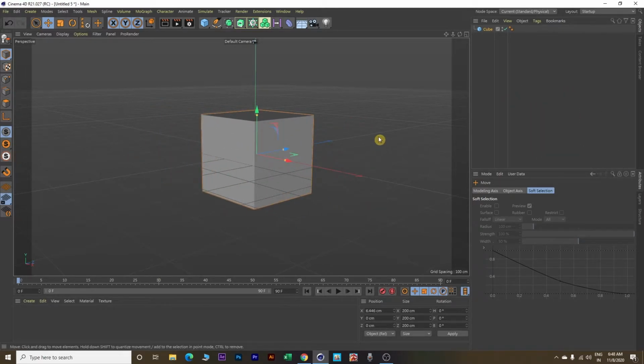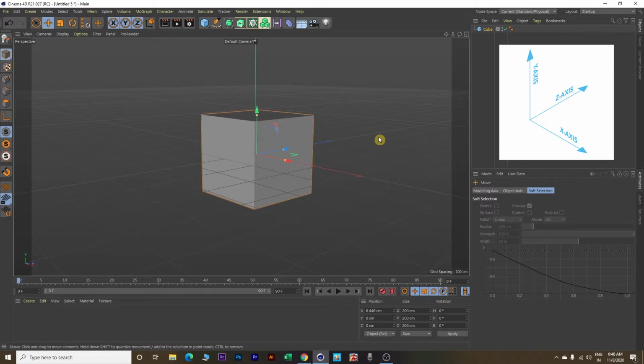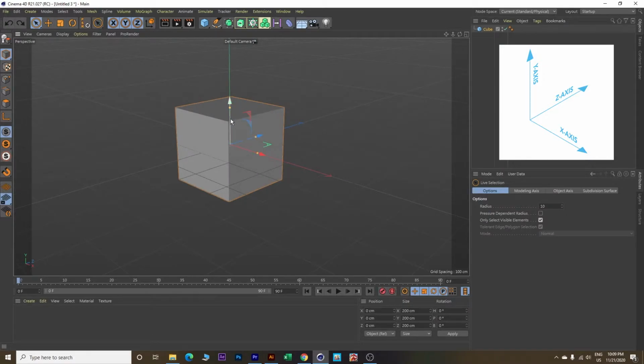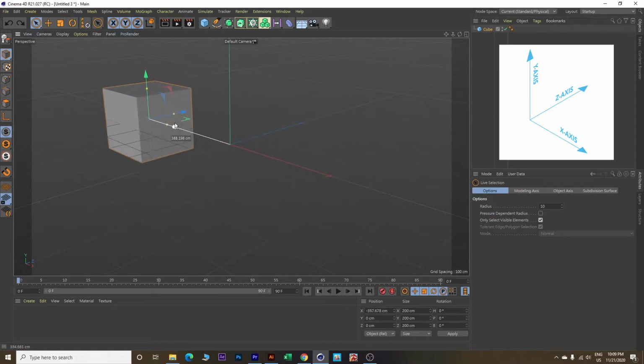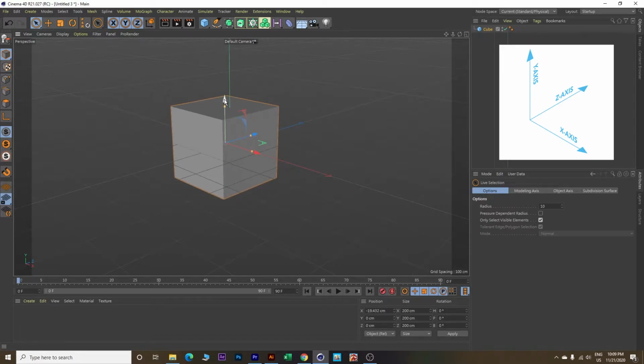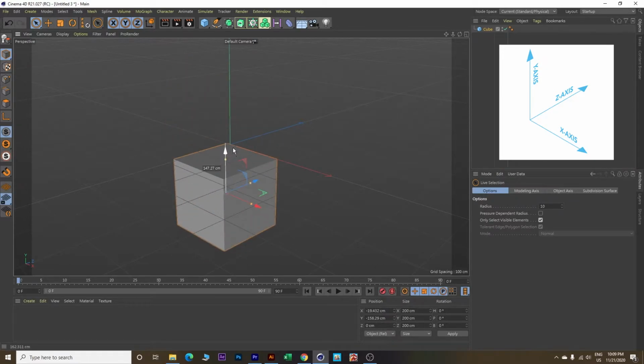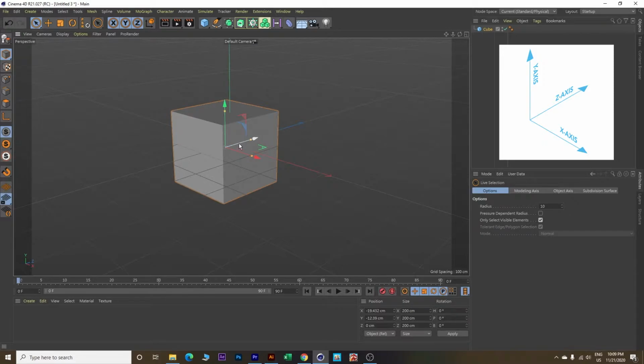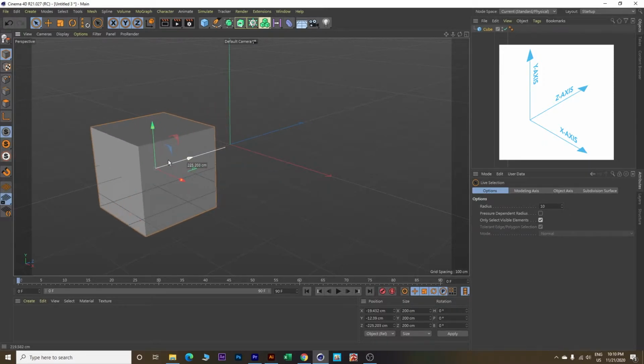Now at this point, we need to learn the most important concept of any 3D software. In any three-dimensional design work, we can move or modify our object in three different directions, and these directions are known as axes. These are x, y, and z axis. On x-axis, you can move your object either left or right. On y-axis, you can move your object either up or down. And on z-axis, you can move your object either front or back.